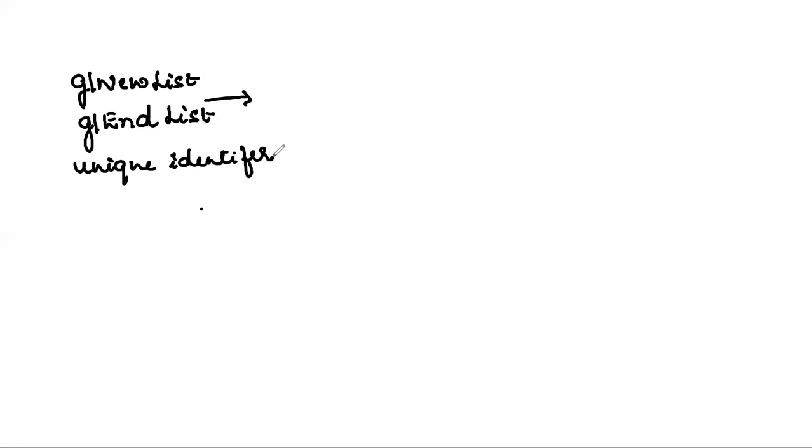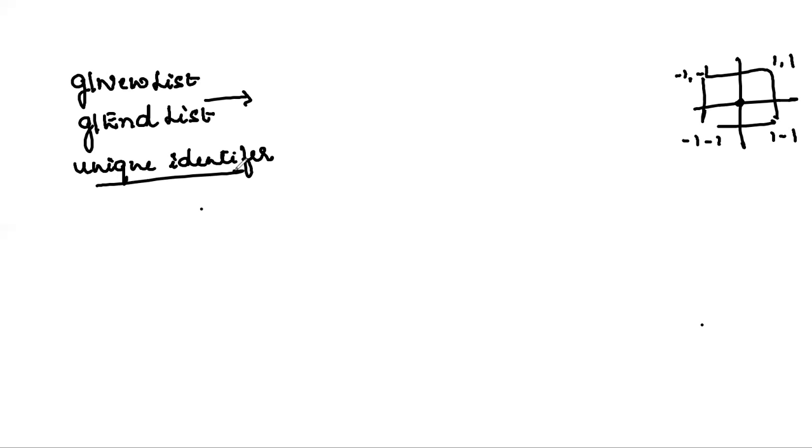Let us take an example where we want to draw a box. Let us say this is the box, and these are the defined coordinates, and this is the origin. This corner is defined by -1, +1, this one is 1 and 1, and this one is -1 and -1. Now if I want to draw a box using the display list, first we should have a unique identifier. It is defined with #define, and let me call that BOX, with an identifier 1.